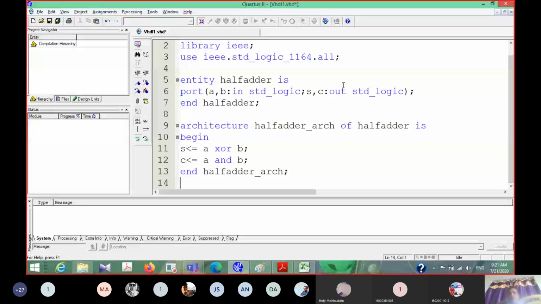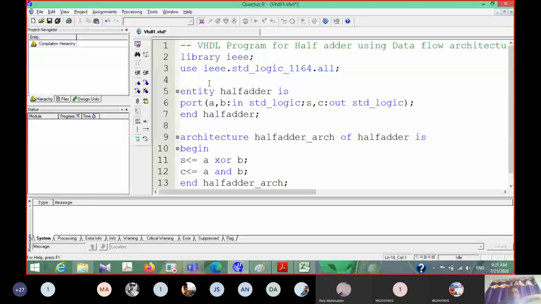Okay, let me move on. How to simulate and how to generate the bit file. So here we have entered our design in a VHDL program. The next step is we have to save this file. So we will go to File and Save. You have to save this file in your directory wherever you want to save.